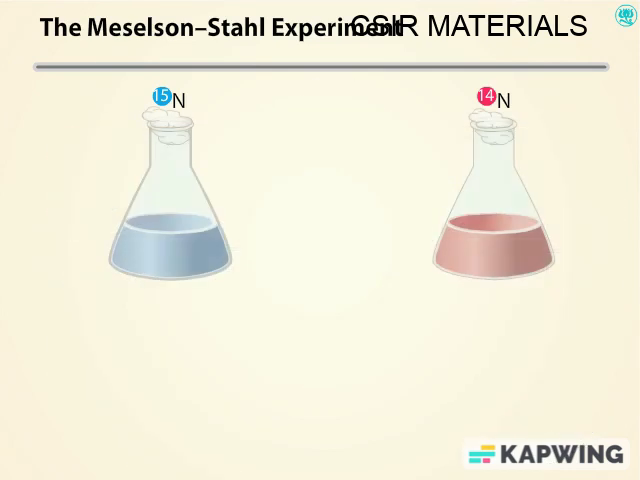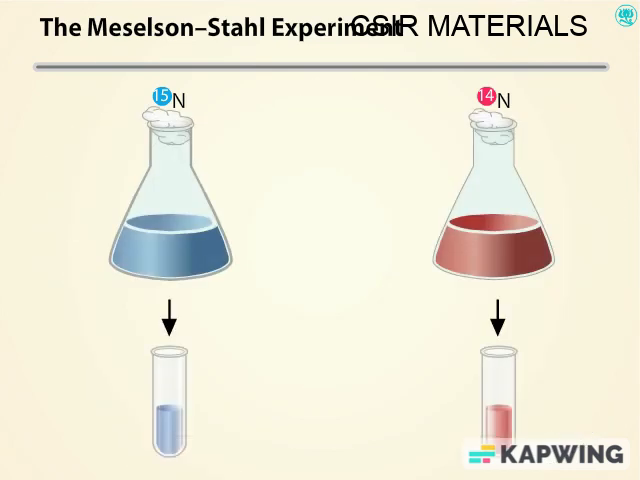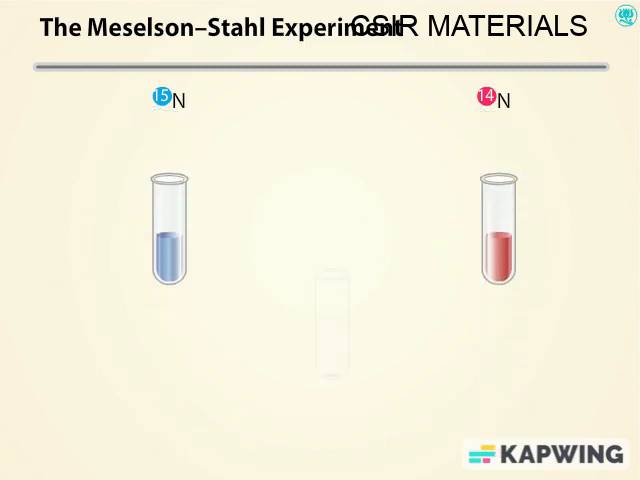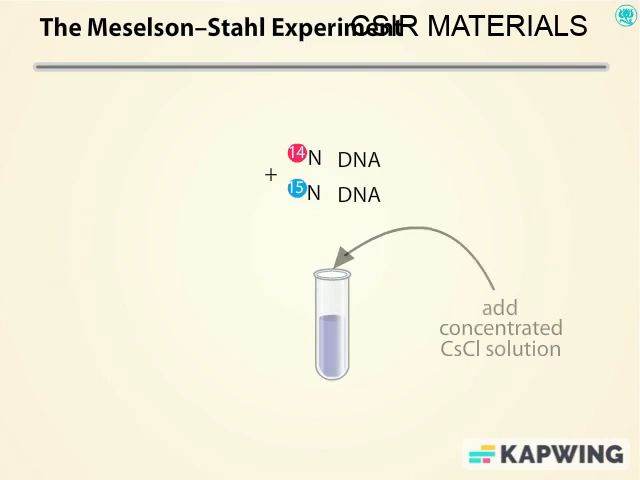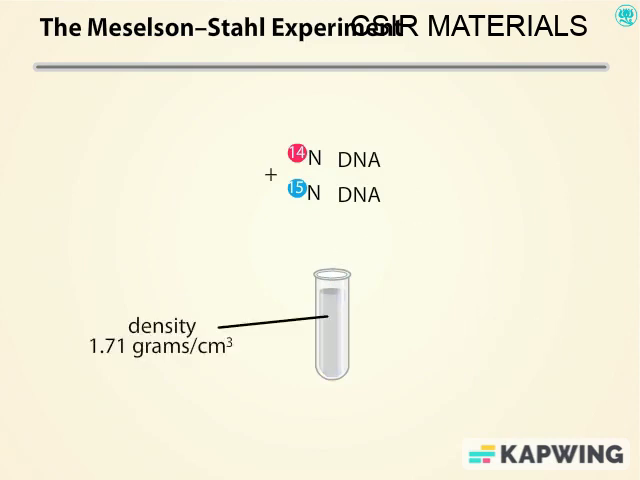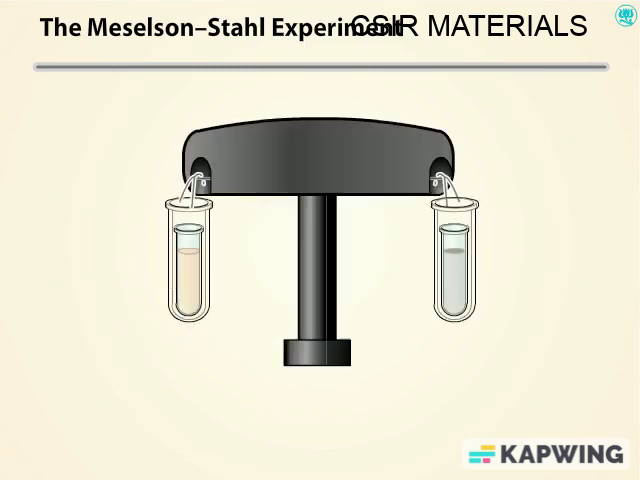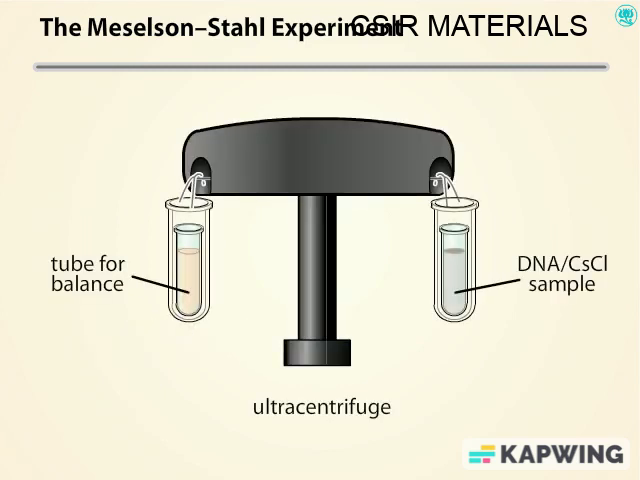The scientists took samples of each bacterial culture. They processed the bacteria to release the DNA into solution. Equal volumes of the DNA solutions were mixed together, and then this solution was mixed with a concentrated solution of the salt cesium chloride. The density of the cesium chloride was 1.71 grams per cubic centimeter, the same density as DNA. The tube was placed in an ultracentrifuge capable of high-speed centrifugation, 140,000 times the force of gravity for 20